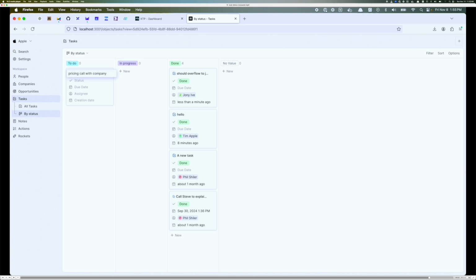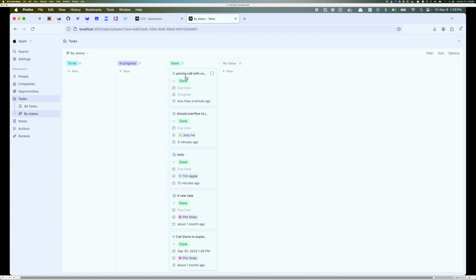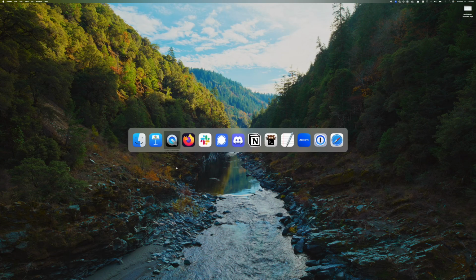So now when I create a task and move it over, it should say, this is a pricing call with a company, so it's Tim. And then I'm going to say, there's a bug in the UX, so that should assign to Johnny when I move it over. So yeah, it's determined as engineering related, so it goes to Johnny. So that's it. Any questions?